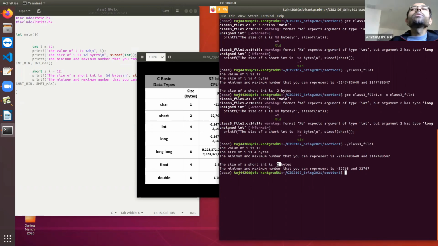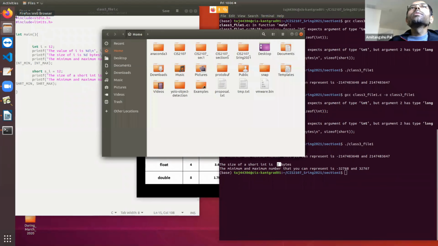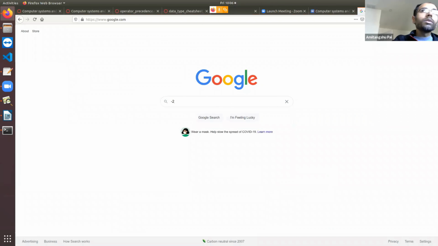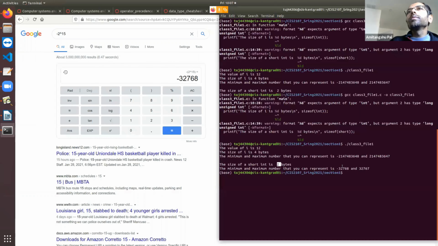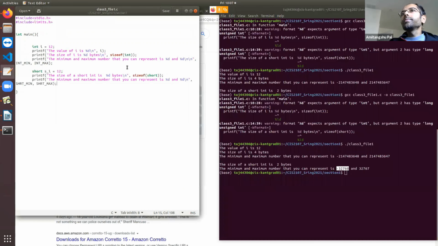With 15 bits, what is the range of numbers that you can write? Minus 2 to the power 15 to plus 2 to the power 15 minus 1. Right? So let's quickly calculate. Minus 2 to the power 15 is minus 32768. And on the plus side you will get 1 less, so 32767. Clear? So this is also matching.